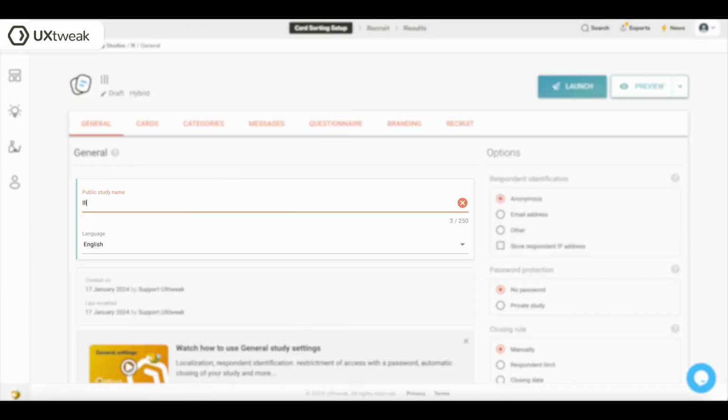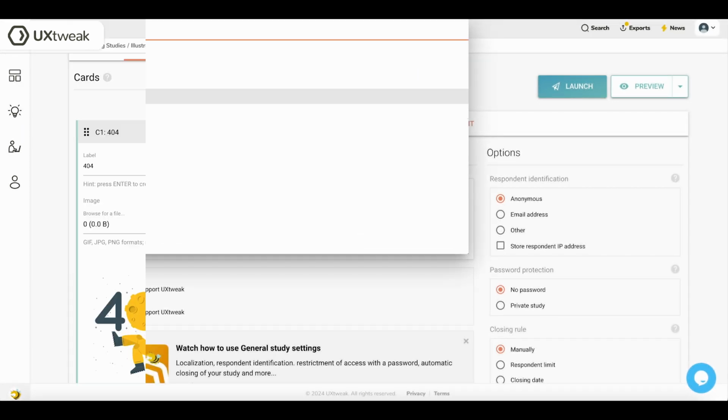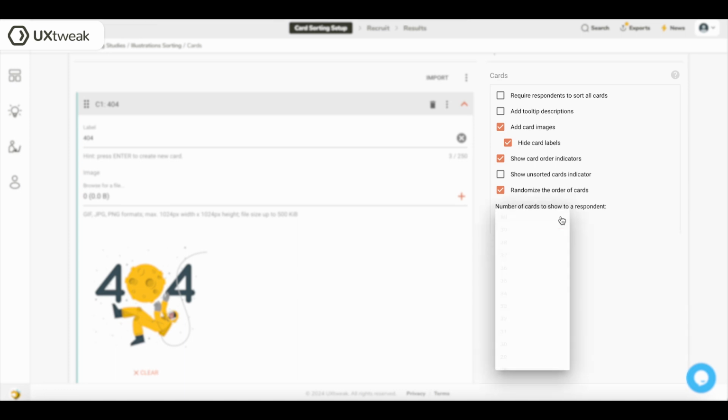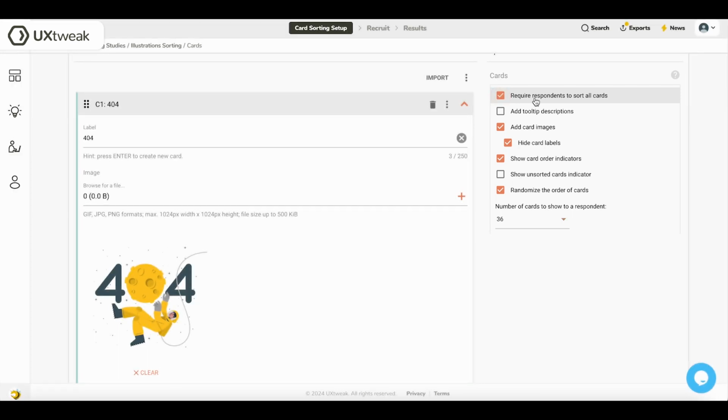sense to them. First things first, the general setup. Choose a fitting name for your study and one of the many available localizations. Next step is the cards themselves. Each card needs a label. You can also choose to add images and/or descriptions to the cards to make sure you communicate exactly what you want to the participants. Additionally, you can randomize the order in which the cards are shown to the participants, as well as displaying a random subset of the cards to each participant. Finally, there is an option to require all cards to be sorted to make sure your participants don't skip any